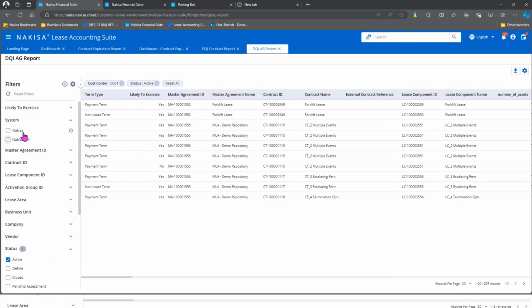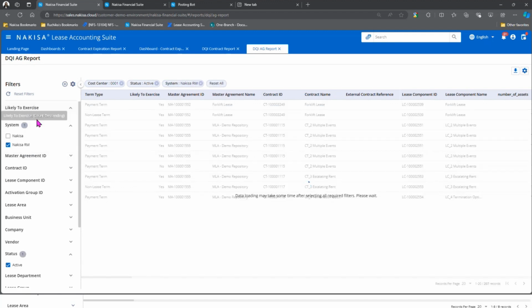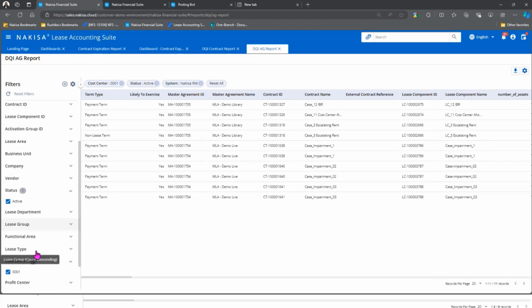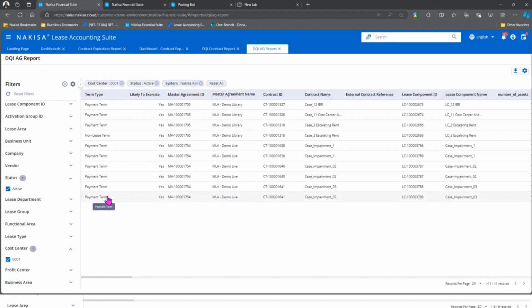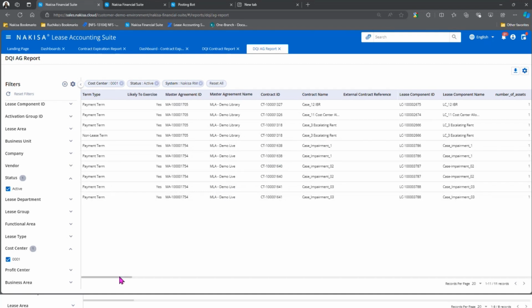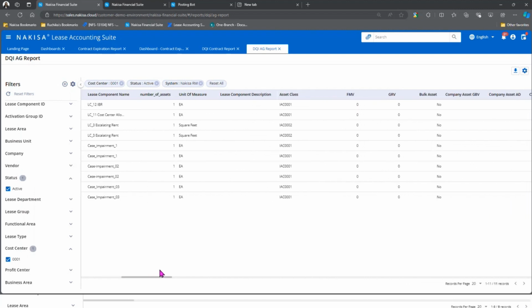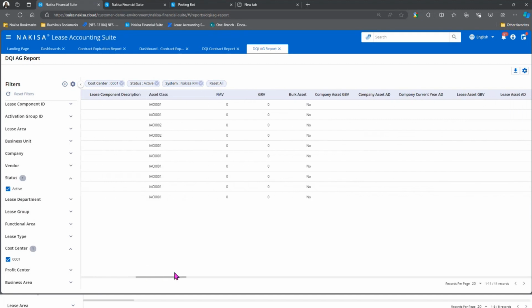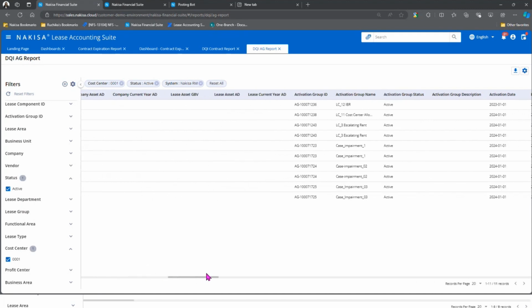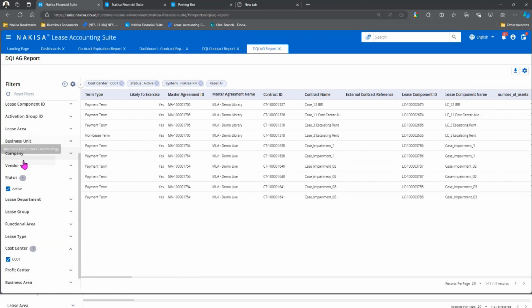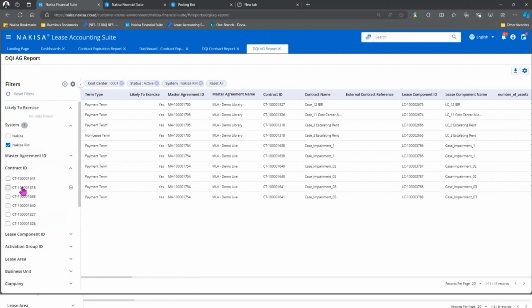The system, there is nothing to be selected for the likely to exercise. But yeah, you can see how our number of records are drilling down as we are making more selections for the filters on the top. And then the user can actually see on the screen, or again, export in Excel to validate the information, to see if this is what the terms and conditions for one contract are, what you're looking for. So if I just go back and choose one contract here,